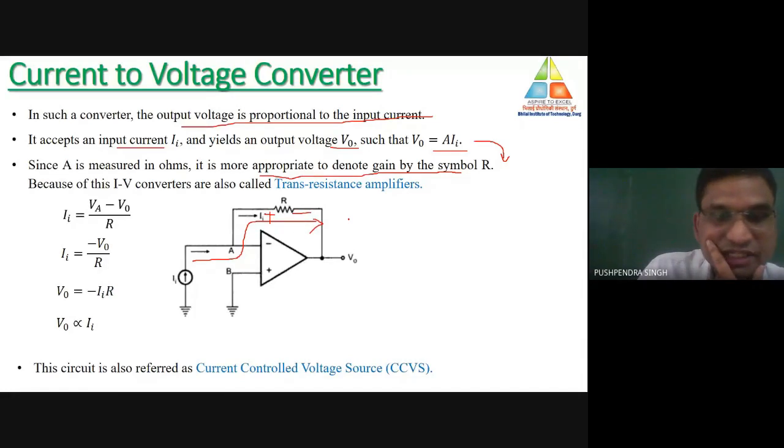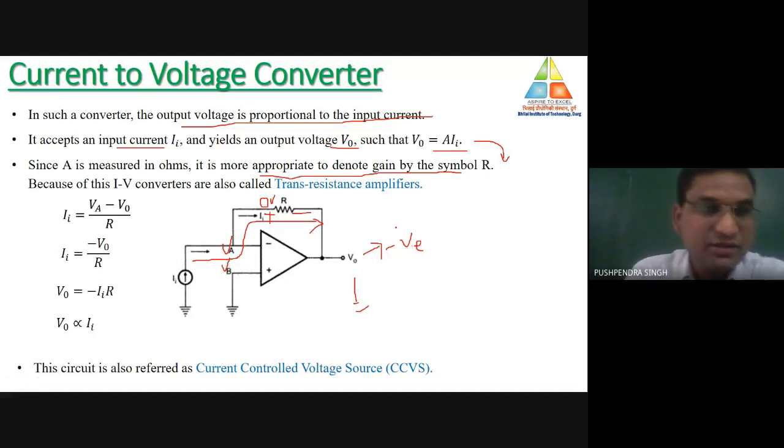As the direction of current is from input to output, that would be the positive terminal. This is your negative terminal. So the negative terminal is connected to output and the positive terminal is connected to this terminal A. Due to virtual ground, VA is connected to VP and VB is equal to ground. So indirectly, this terminal of the resistance is connected to 0 volt and this terminal is connected to V0. So V0 is connected to negative voltage and the positive terminal is connected to ground. So indirectly, output voltage will be negative.